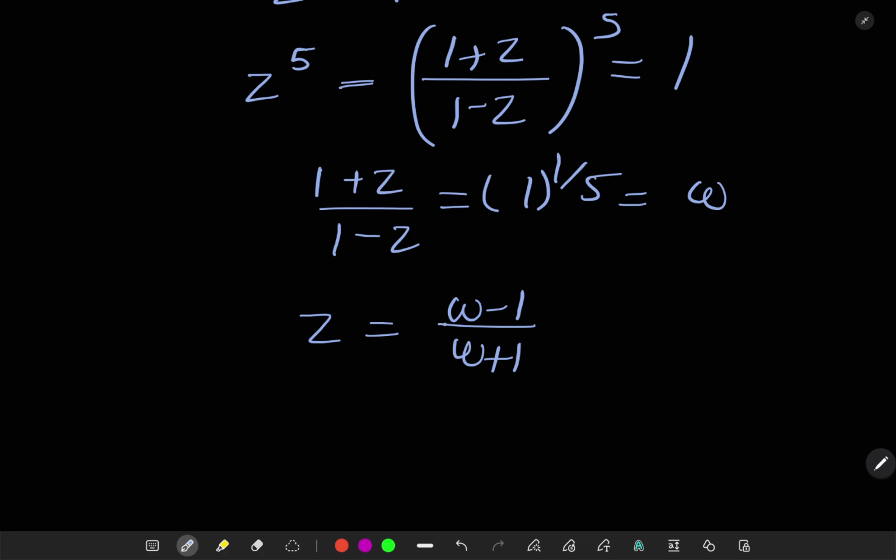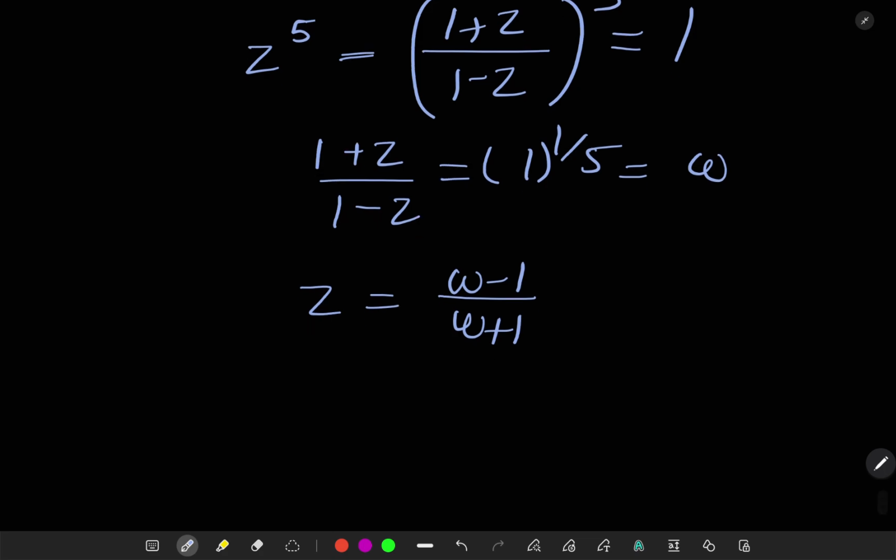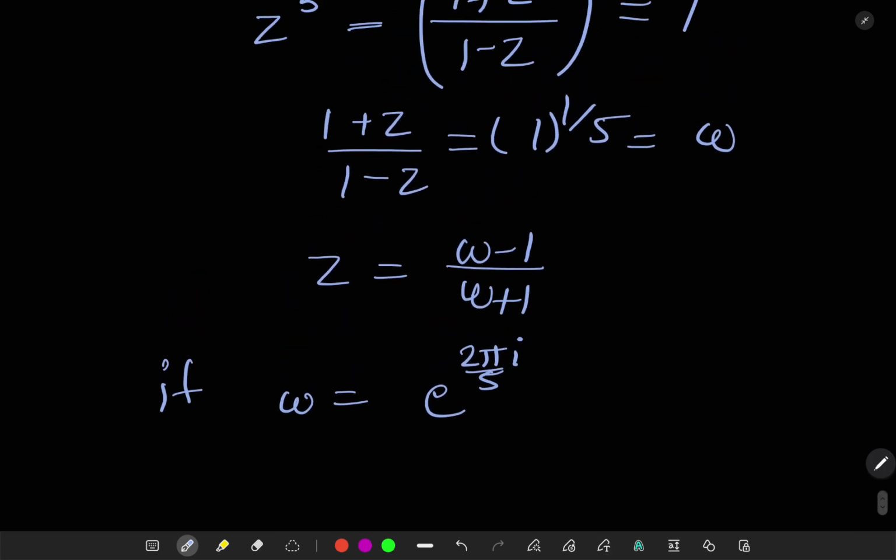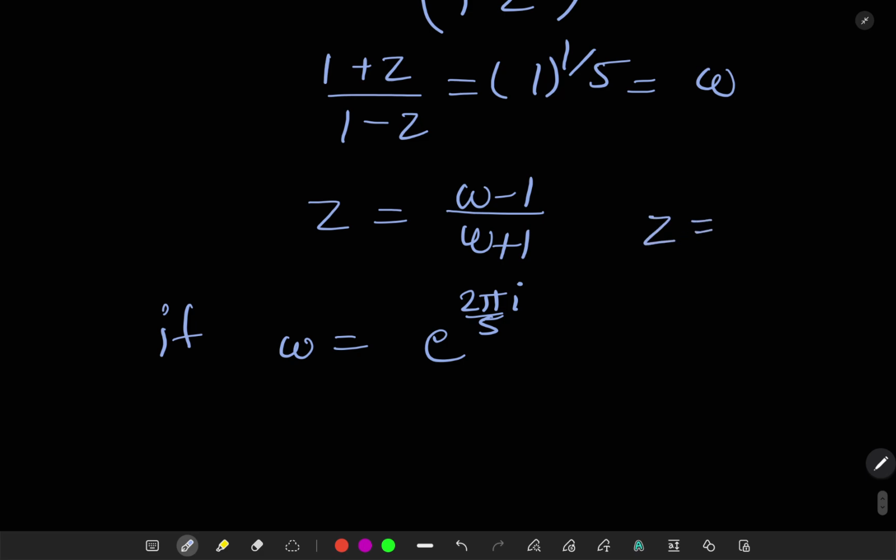Here we use here componendo and dividendo rule. If omega is equals to e raised to power 2 pi by 5 iota,